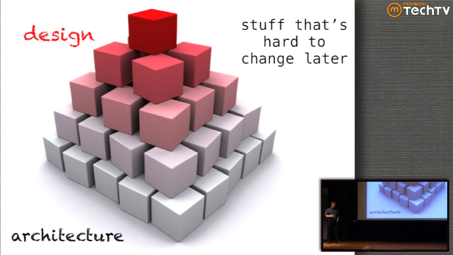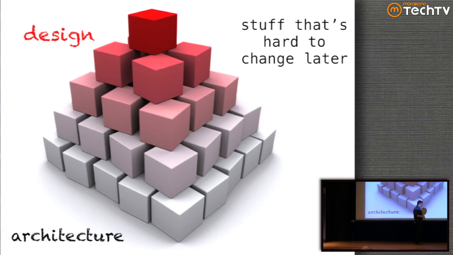And I like this definition because it's vague yet precise. Because you can look at any element of your architecture and ask it, are you going to be hard to change later? That's an architectural element. So your database is an architectural element. Your web framework is an architectural element, because that's going to be hard to change later. But the way you use that web framework is design. The way you use their workflow class, the way they use their validation stuff, that's all part of design, and that stuff is relatively easy to change later.